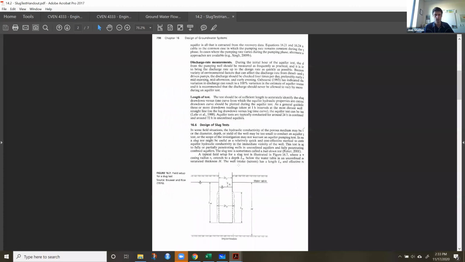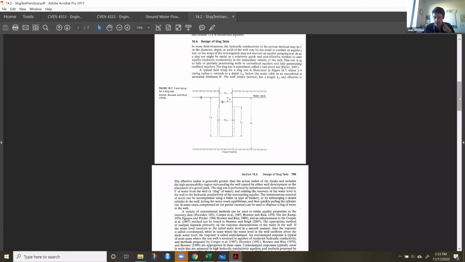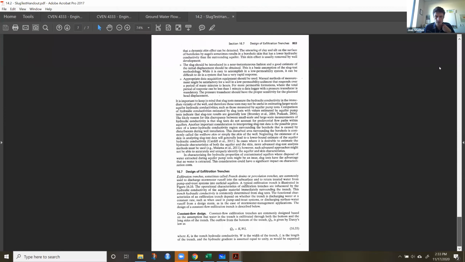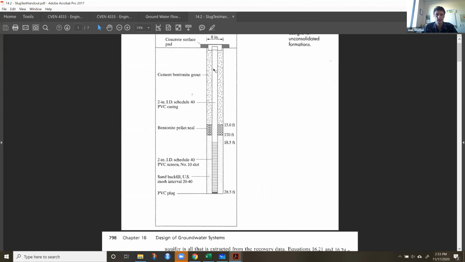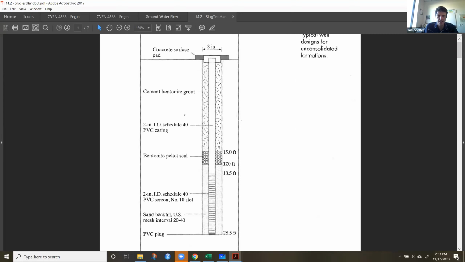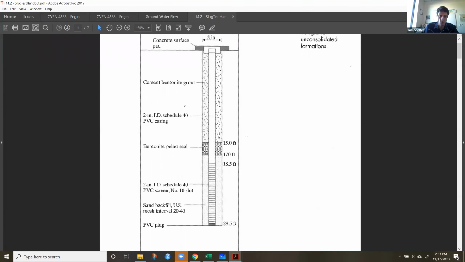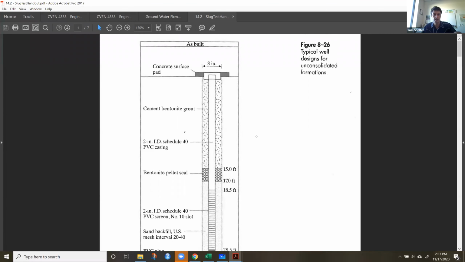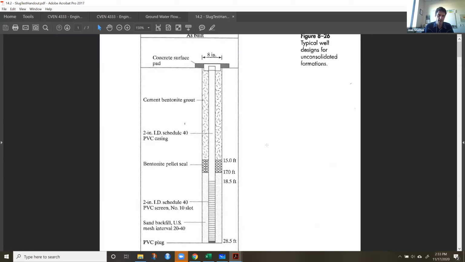So this would be the handout that I'm posting. Oh, here we go. So here's just a schematic of what a well looks like, kind of how you construct it. This is part of the handout that I'm posting. So you go in with a drill rig, right, and drill a big hole and put in a number of things. And different wells are going to be constructed differently depending on their purposes.